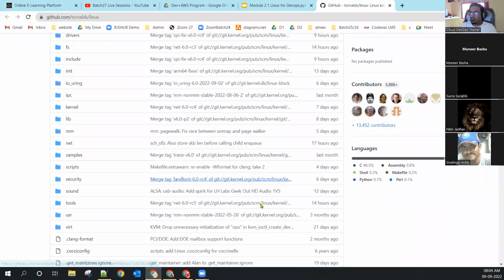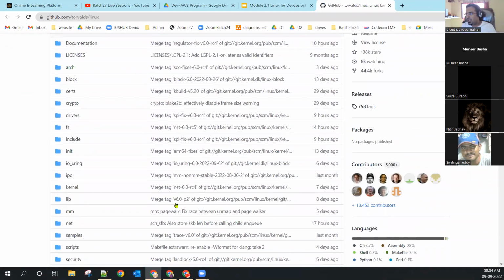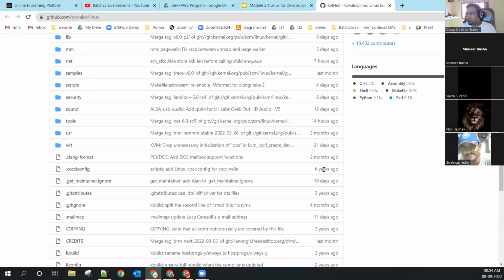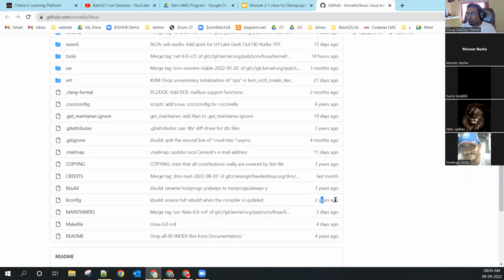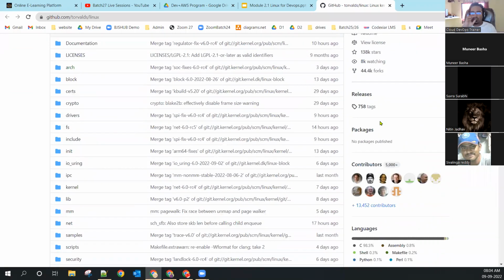Code has been written from, if you see here, 3 years ago, 2 years ago, and if you go to the history, we get to know from when this code started being written.